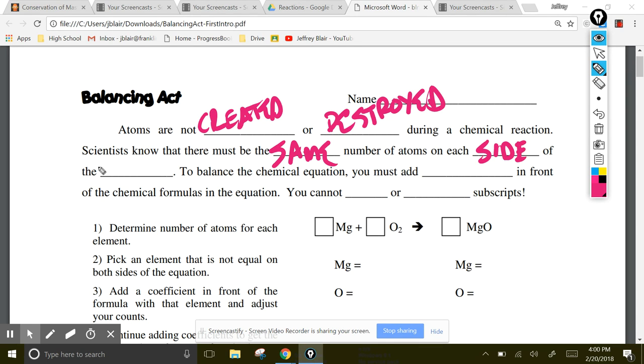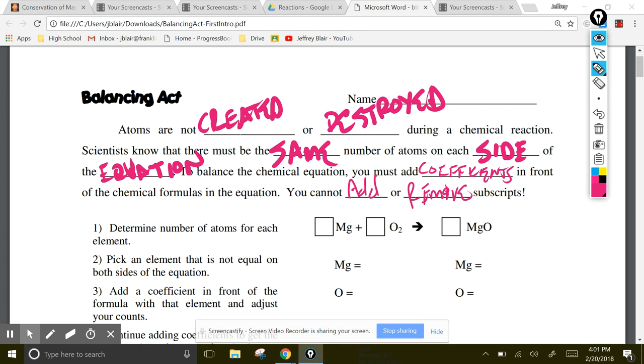of the equation. Each side of the equation. To balance the chemical equation, you must add coefficients. Coefficients go in front of the chemical formula in the equation. You cannot add or remove